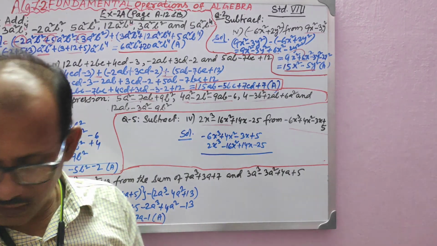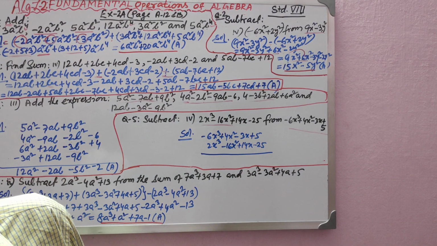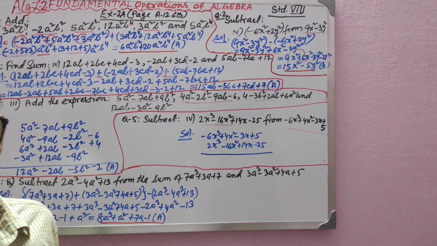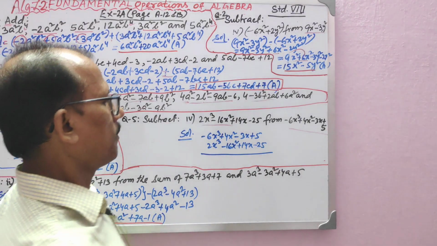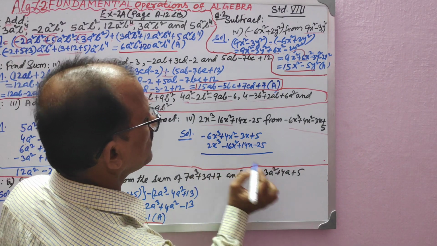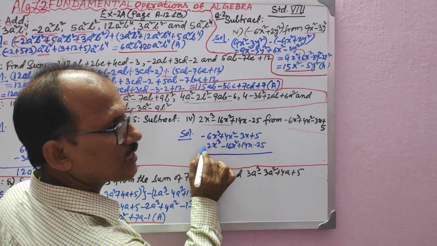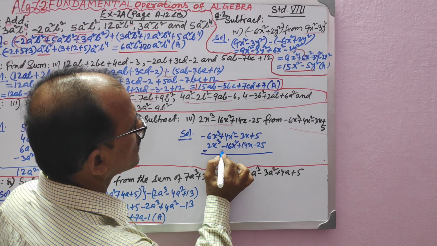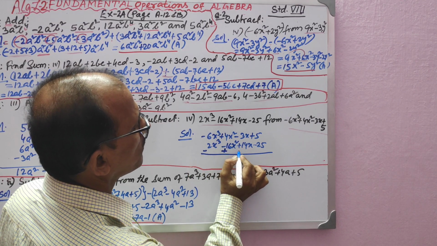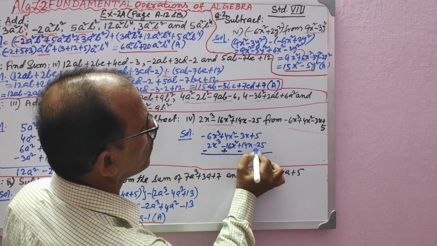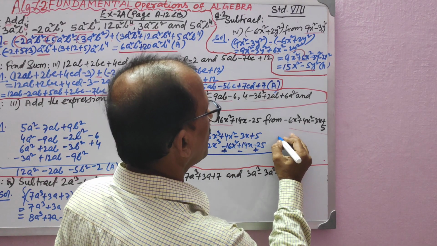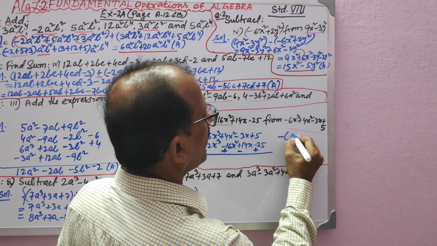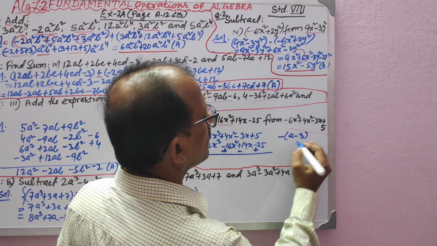Now for subtraction, children, there is something: for addition there is no problem of sign. Whatever it is, you just do the simplification of the numerical coefficients and write down. But here you are supposed to change the sign. Here the subtrahend sign will change. See, here is a plus sign, there will be a minus sign. Here is a minus sign, it will be a plus sign. Opposite. Why? See children, think: you are doing the subtraction operation, so that minus sign, and if it is a minus 3, then what will it be?